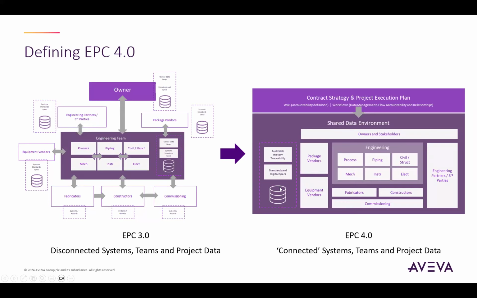With this model, we move to really a data-centric approach where data is the center of the integrated solution. The team members, the project people who are executing the design phase of the project on the industrial plant, work and share the data from one single source of truth,